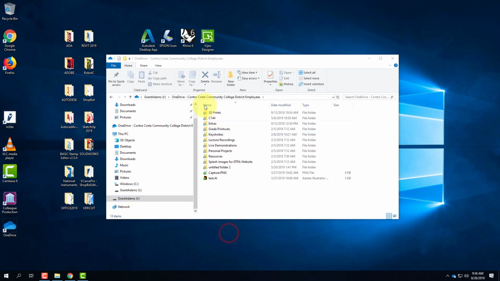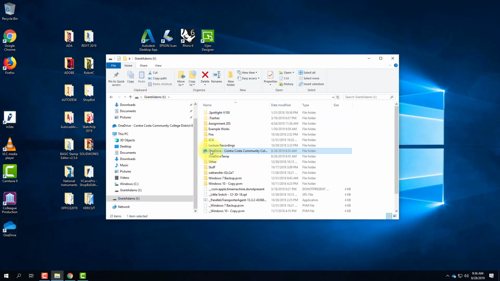So this will back up all the content that is in the OneDrive folder on your flash drive. You see I have other stuff outside of it that I'm not backing up, but everything in the OneDrive folder itself is being backed up. So that's the first part. That's part one. I want to make sure you guys get that situated today.